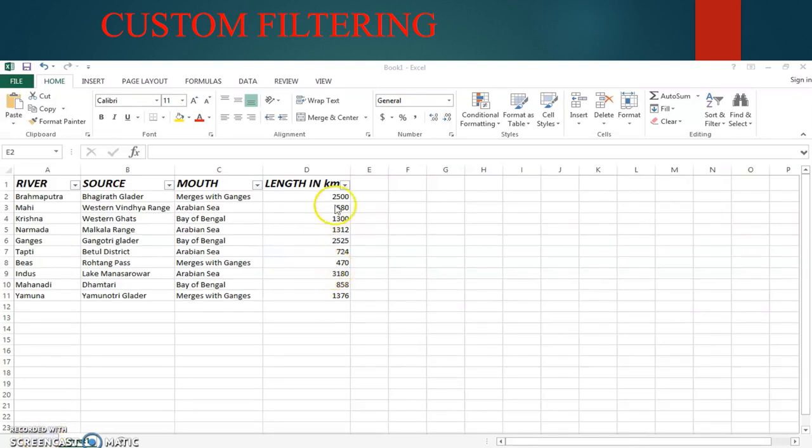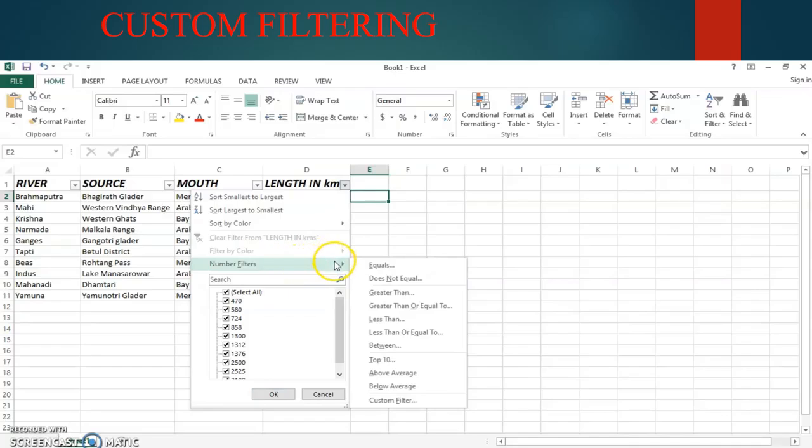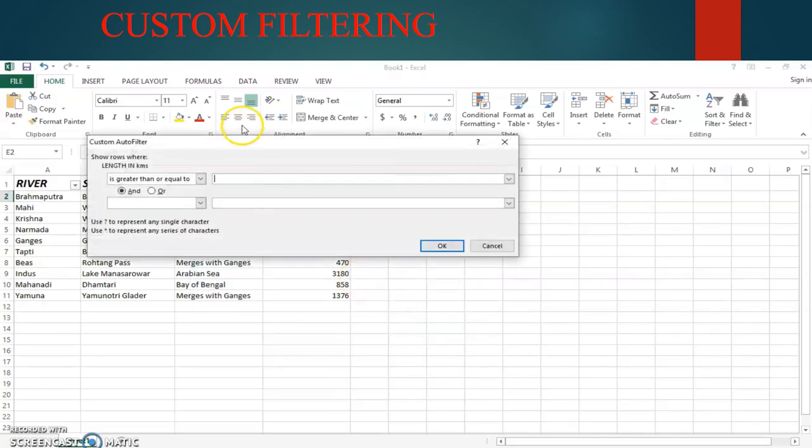Listen. First go to the Length in kilometers. One drop down list will come. There you have to press Number Filters. In that, more options are there: Does Not Equal, Greater Than, and more. There you press Greater Than or Equal To. Here you have to enter any number, 700.